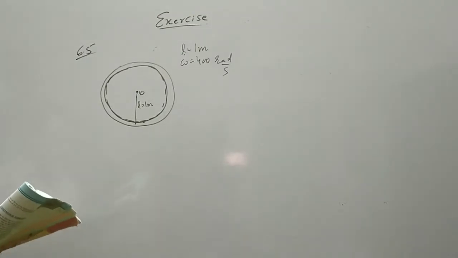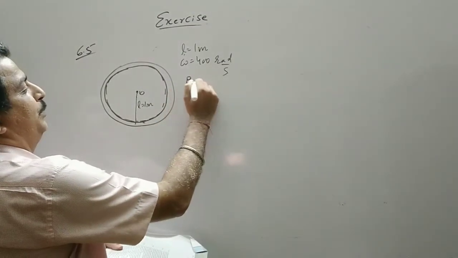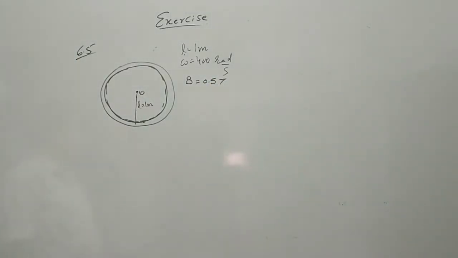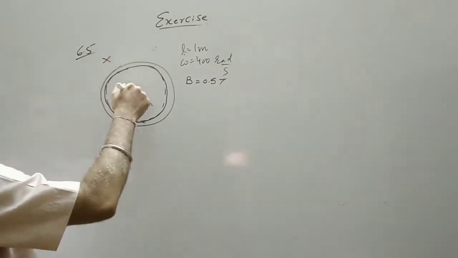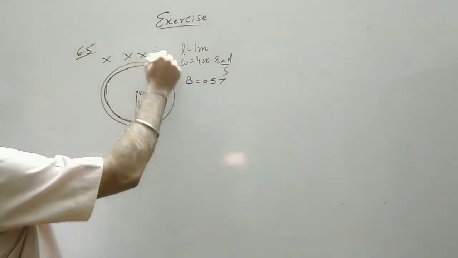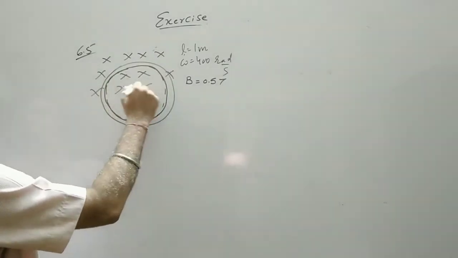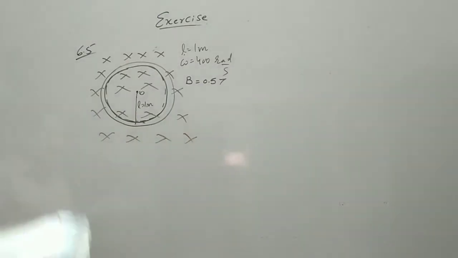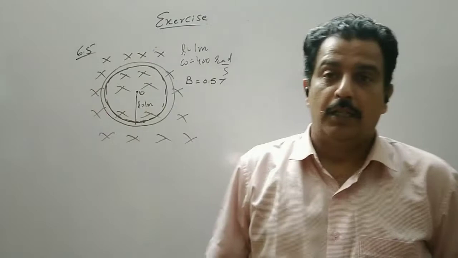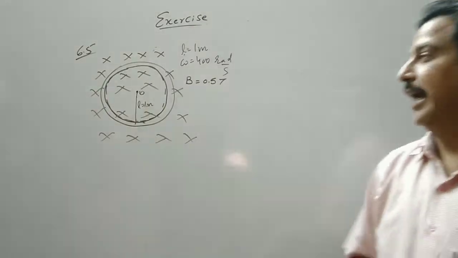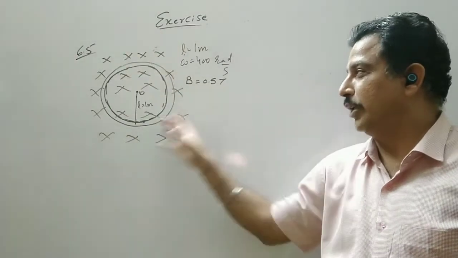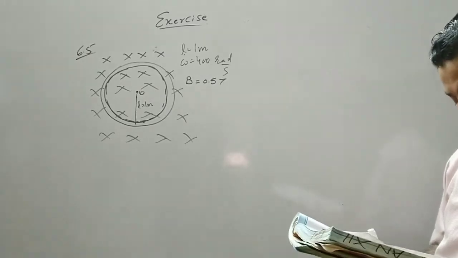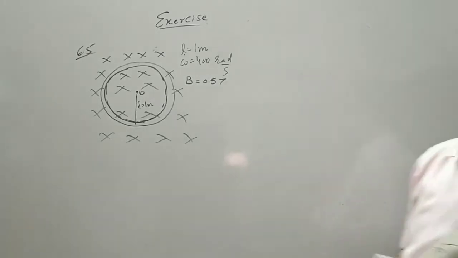A constant and uniform magnetic field of 0.5 Tesla, so B is equal to 0.5 Tesla, is parallel to the axis, and exists everywhere. The axis of rotation is taken along the z-axis. Let us assume the magnetic field is going into the plane of the paper. So this is the situation. It is the same example we have done, a wheel having spokes rotating in a magnetic field. Here we have a rod which is kept in contact with the ring. Calculate the EMF developed between the center and the ring.